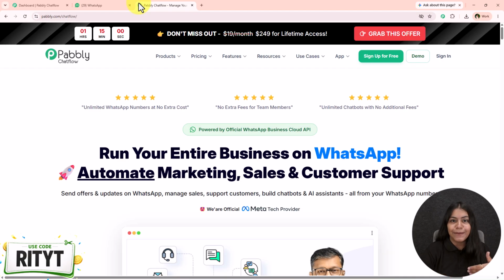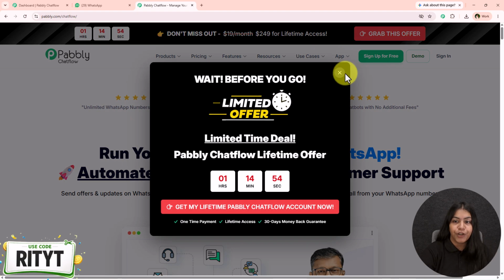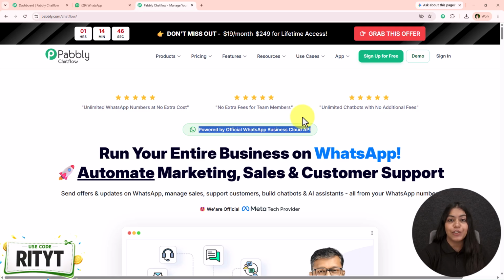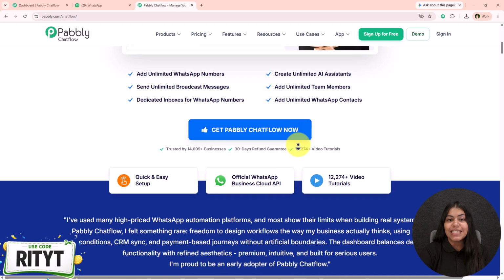Once you open the landing page of Pabbly Chatflow, in the top right corner, you're going to see the option of sign up for free. So click on the sign up for free and you are going to get a free trial of Pabbly Chatflow. Then once you try Pabbly Chatflow and if you like it, you can move on further and purchase the subscription